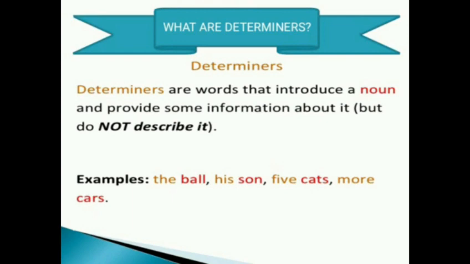Determiners give the meaning of the noun. This is what we mean by modifies them. It gives us the meaning, and it makes clear which thing we are referring to or how much of a substance we are referring to. So basically a determiner is a word that precedes a noun, and it modifies it in the sense that it helps us know the meaning a little better. So this is what a determiner is.